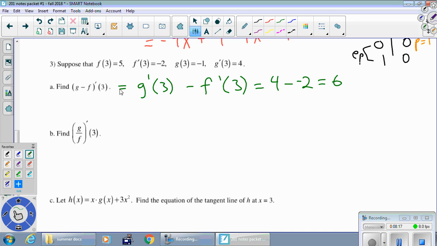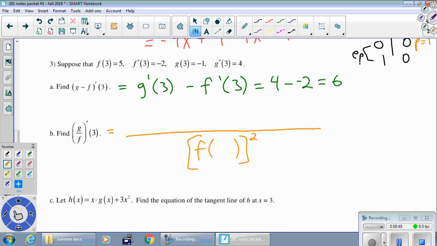Part B has g over f. So first thing to do is recognize this is a quotient, so we must apply the quotient rule. Now the thing in the bottom of the quotient rule, if you just look at the previous page, was the g function squared. You got to be really careful. You can't just memorize those letters. What really is supposed to go down here is the bottom function squared. The bottom function, it's very mean of me, but I changed it. I swapped the letters f and g from our original presentation of the quotient rule. So you got to be really careful